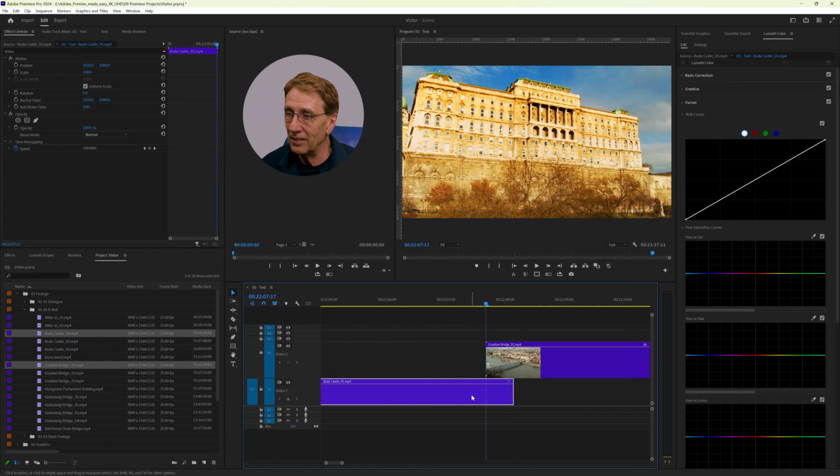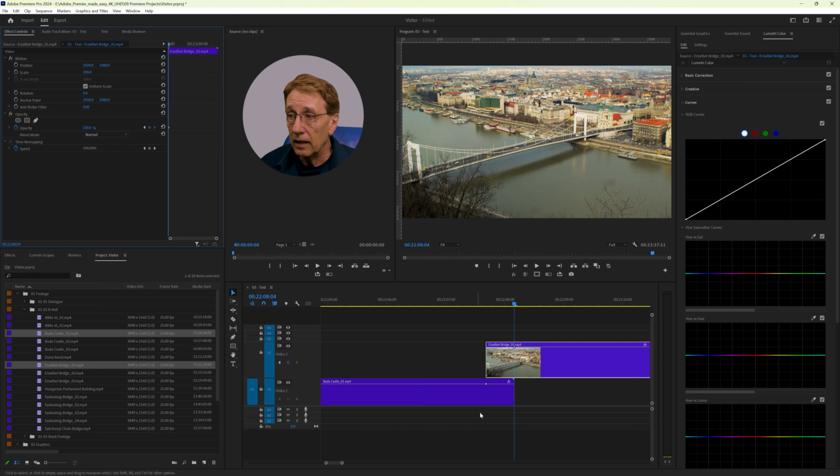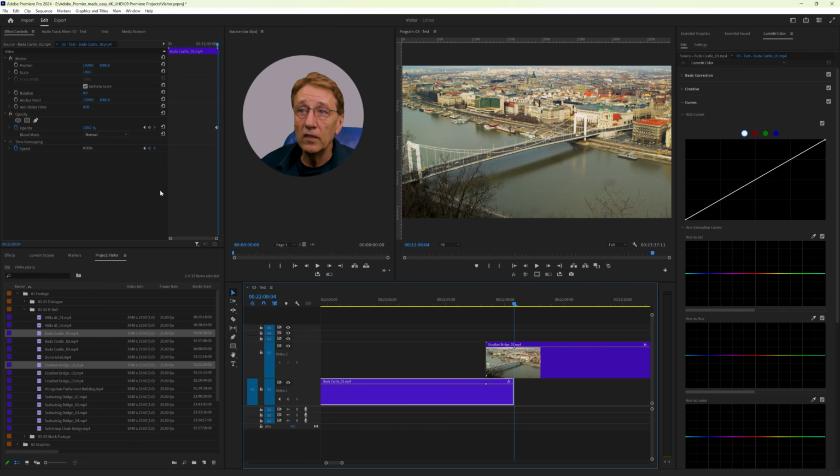So we select this clip, and we start the stopwatch, and we say we want 100%, and then at the end of the clip, this clip, of course, we want 0%. So, and you see the symbol here, that's the opacity goes down here, and here the opacity goes up.